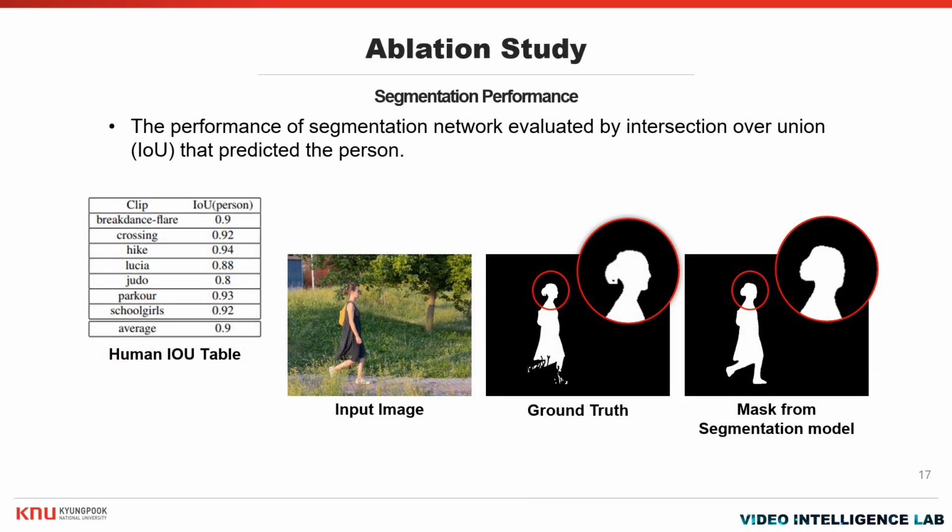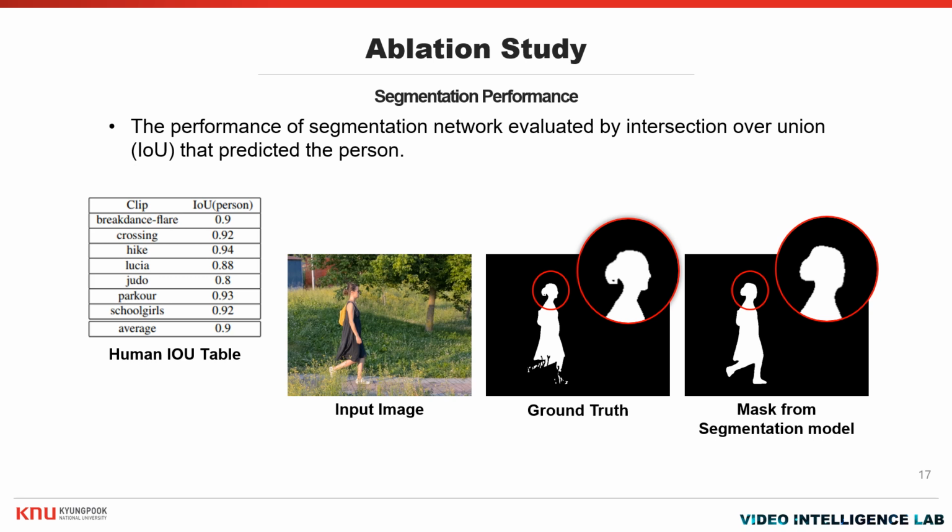In this section, I will talk about the ablation study. Our framework uses segmentation and inpainting networks. The quality of the mask generated by the segmentation network is related to the inpainting performance. Because most inpainting methods use the information of the neighboring local context, the missing pixels can significantly degrade the